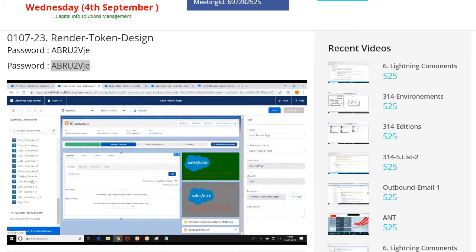Are you getting my point? At the time of adding the component, they are giving the styles. So based on the styles they have mentioned, we are using it. Now you are getting here